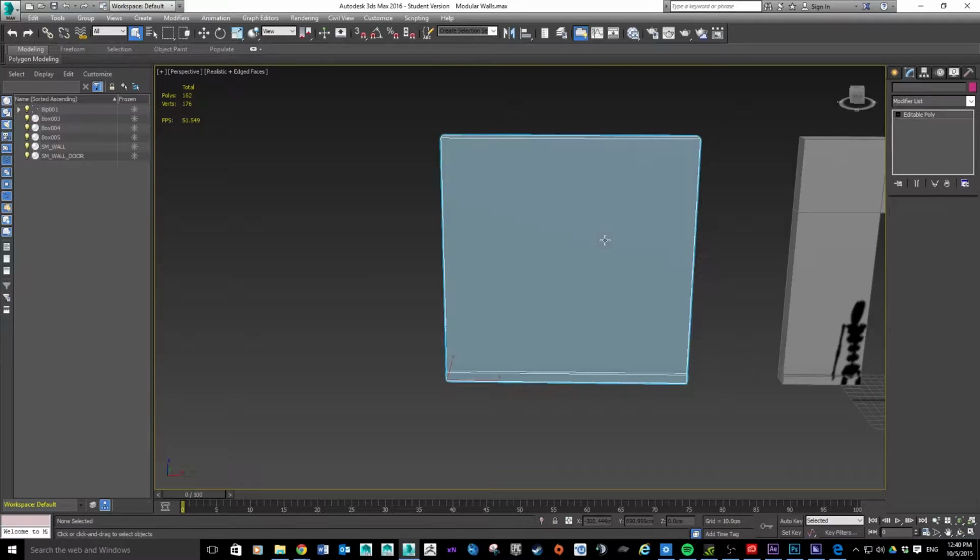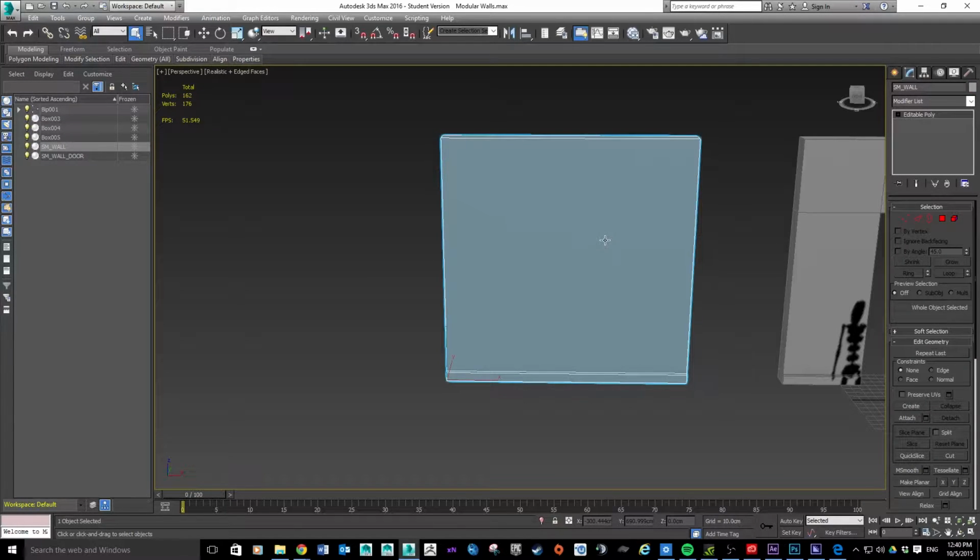So what we've got to do is we've got a 3D model here. We've got to unwrap it, pull it apart, and make it into a 2D plane that we can then take into Photoshop or whatever other software you're using, and we can paint textures on it basically. Okay,